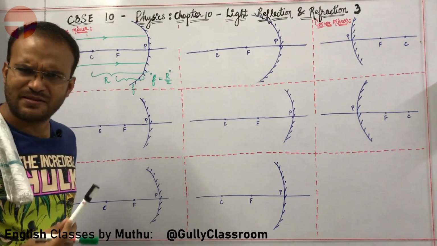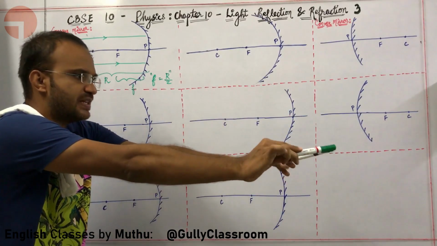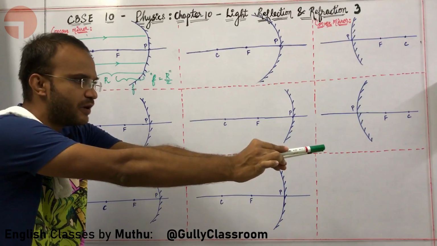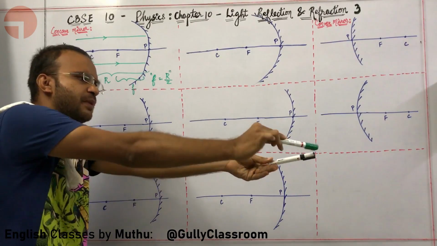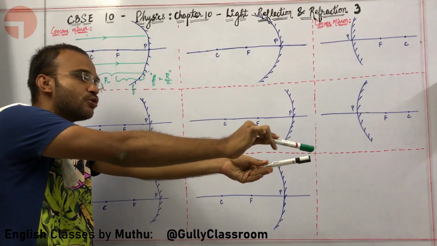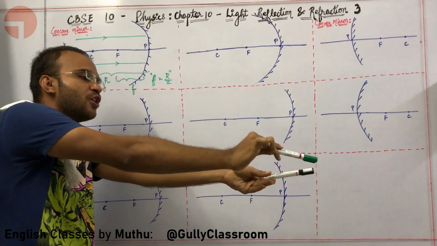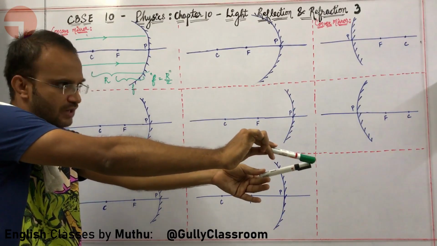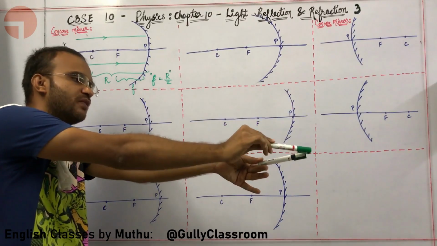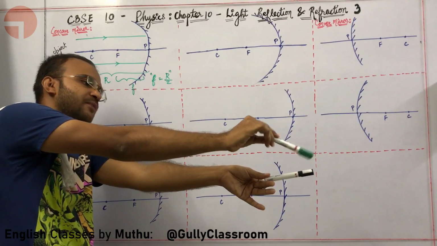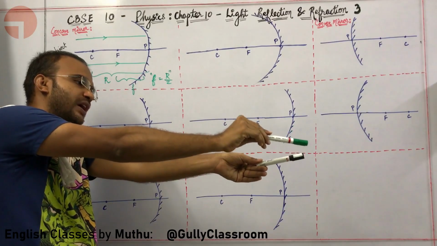Understanding this is very simple. Let us assume a light source at the tip of my pen. The path of the light from this light source can be imagined along my hands. Okay sir, I am comfortable. Now let us say the light source is slightly moving away. What will happen? My hands will slightly open. Let us say the light source is going even farther. What will happen? My two hands will slowly open.